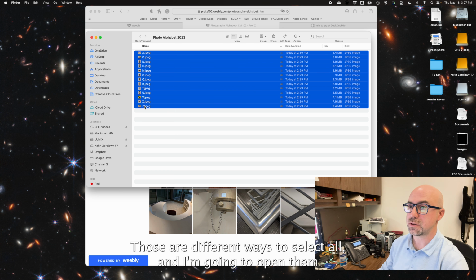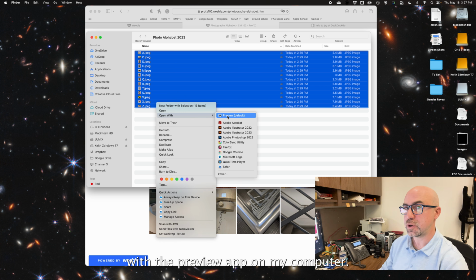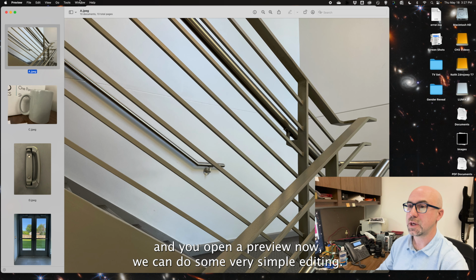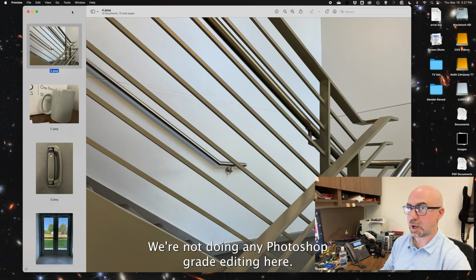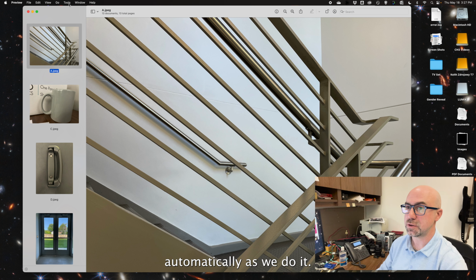Those are different ways to select all, and I'm going to open them with the Preview app on my computer. If you have an Apple and you open up Preview, now we can do some very simple editing. We're not doing any Photoshop grade editing here. We're just doing very simple stuff that's going to be saved automatically as we do it. So for this one, I just want to rotate it